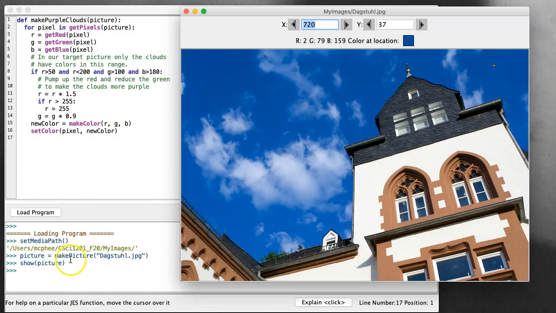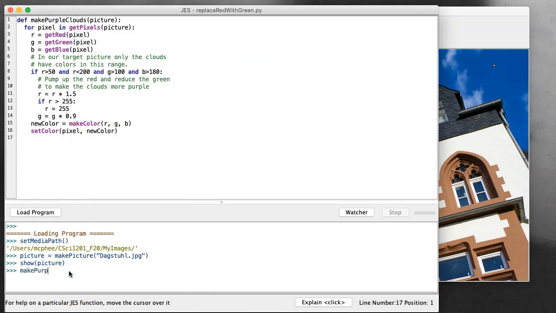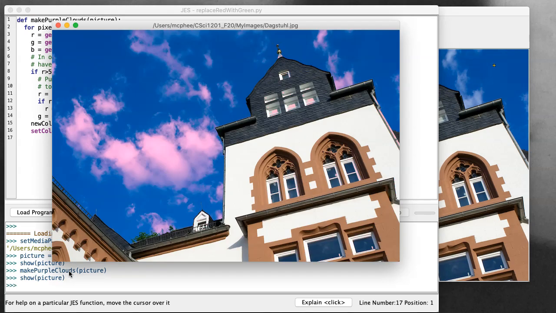Okay, so now I can apply my make purple clouds picture. And now if I say show picture, lo, I got some pretty nice pinky purpley clouds. It did affect the windows up here a little bit, but other than that, oh, and I guess there are slight sections here that were of the right brightness that we got a little bit of pink here. Those are probably like window cranks. And we've got a little bit of pink here in this window,